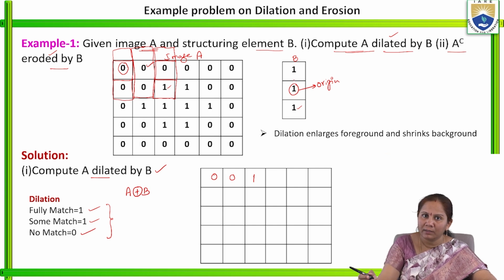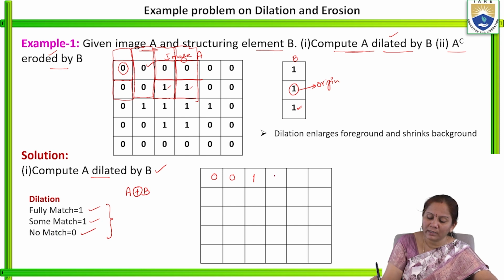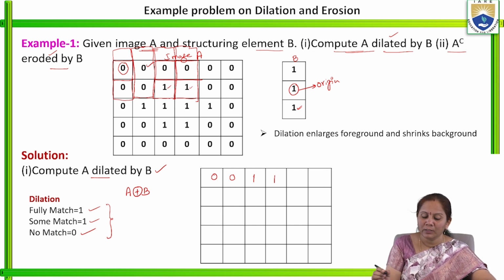Similarly, for the next pixel value to find, shift this mask towards right. So here this center pixel value will be placed on this 0 that we need to find. Here 1, 1, 1 are the elements. Here don't care, nothing is there, 0, 1. So at last these elements are matched. So we will call it some match, and here it will be placed as 1. So fully matched or partially matched, we will represent that element as 1 in the output image.